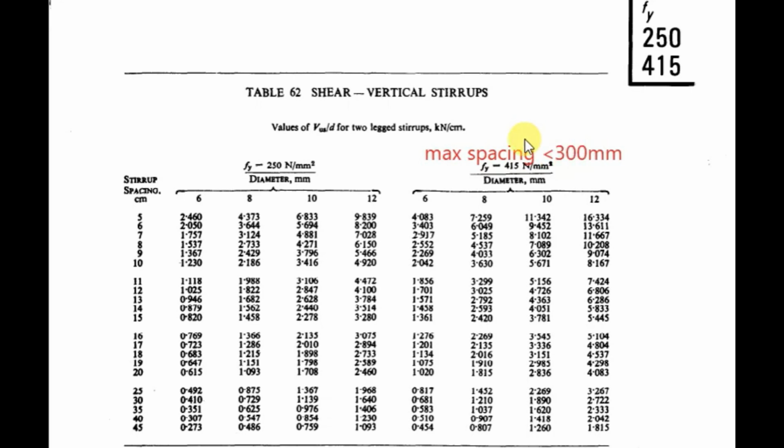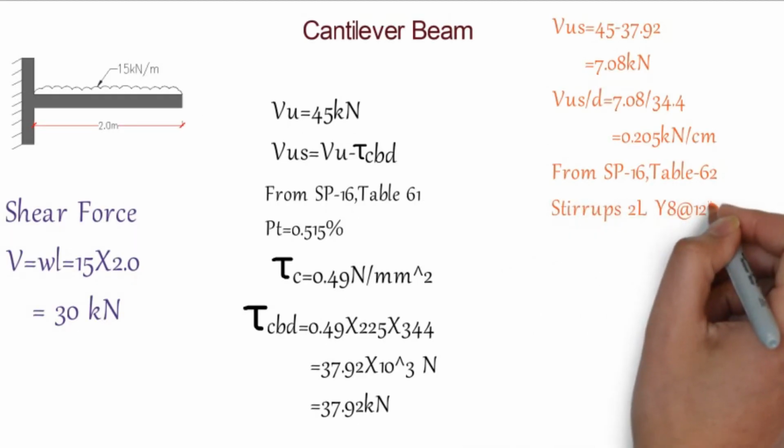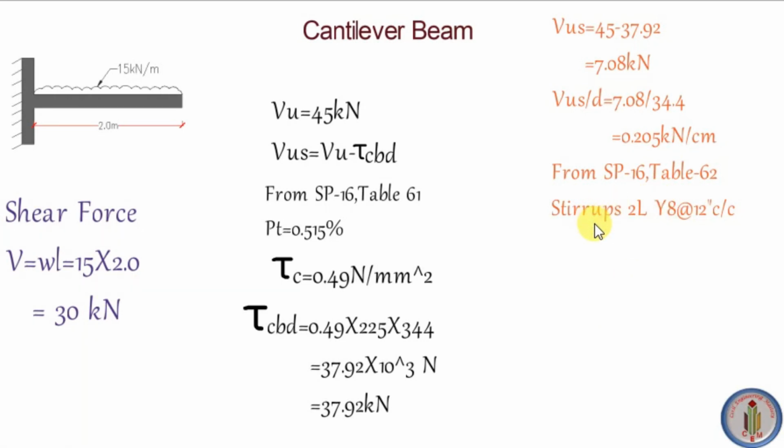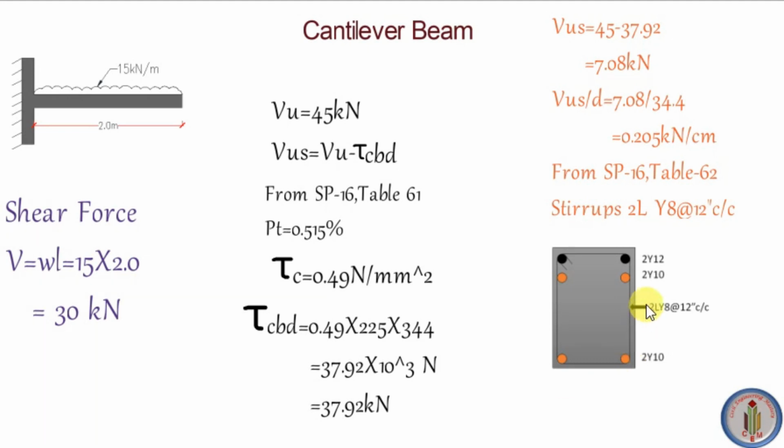300 mm. So maximum spacing should be 300 mm. It should not be more than that 300 mm as spacing. So stirrups we are providing two-legged Y8 at 12-inch center to center. And this is the